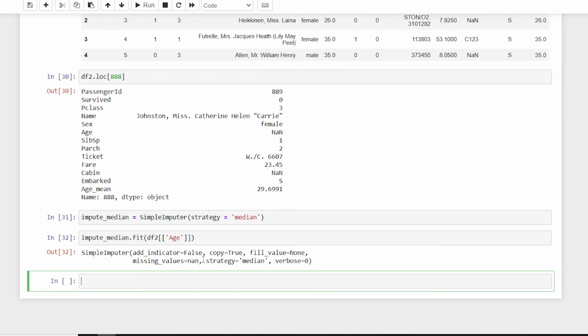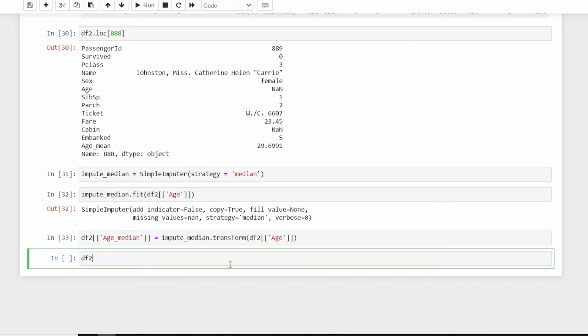All right, and then I'll say df2, and I'll say age median, and then I'll say impute median dot transform, and here I'll say df2. So these are very specific things. I don't think there is much more to teach in this.